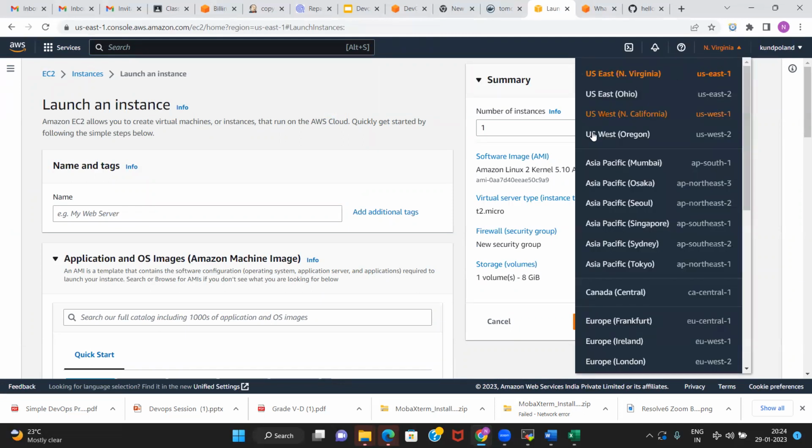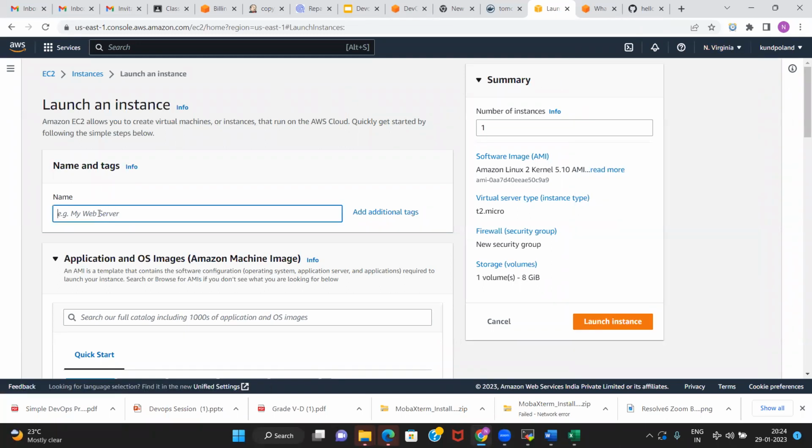There are data centers across the world. So I picked the region as US East, North Virginia. It means that somewhere in North Virginia, once we launch the instance, a virtual machine will be created for us, for me, for you, and you will be able to use it. So basically, a virtual machine is created somewhere in North Virginia, and from here, we are using it. Think about the flexibility that it provides.